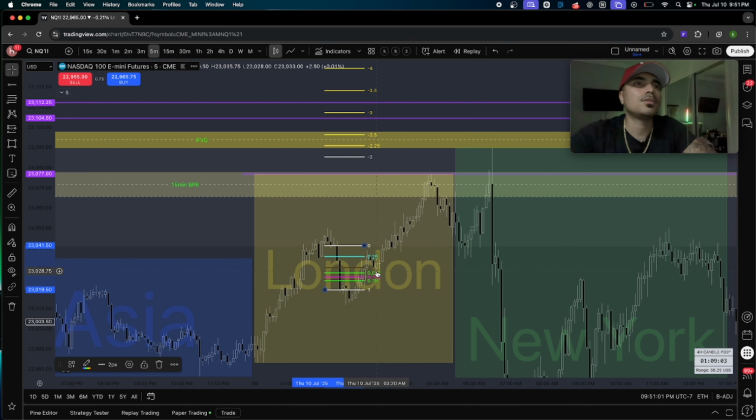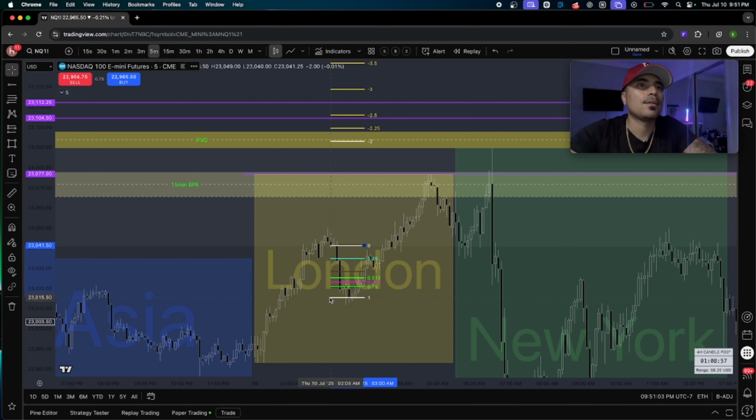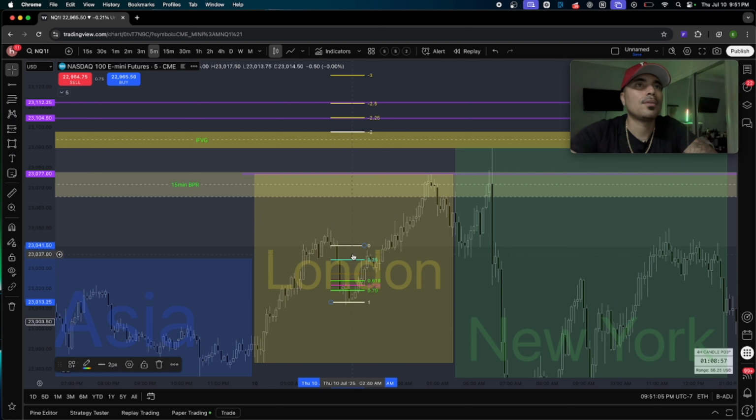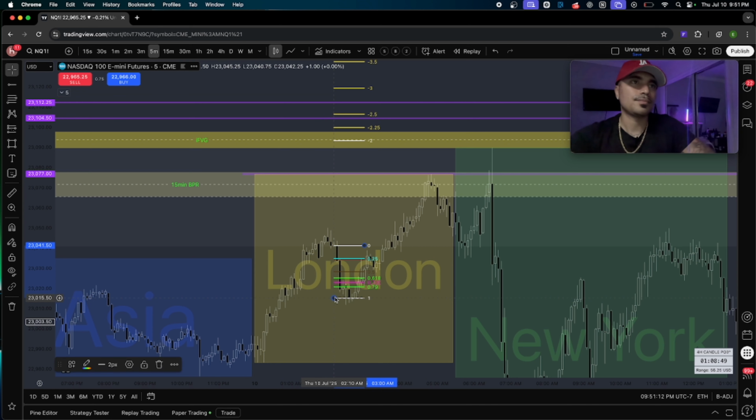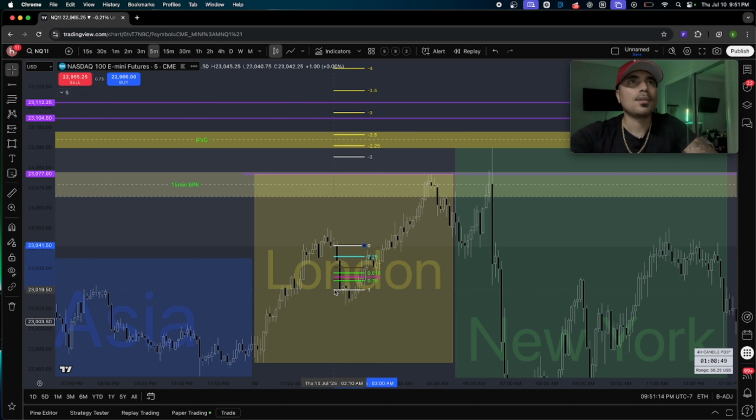Because what you want to do is look at the fib for these failed bearish swings, where it lines up with these standard deviations. So it's something I'm still studying, but this leg here, boom, this level,